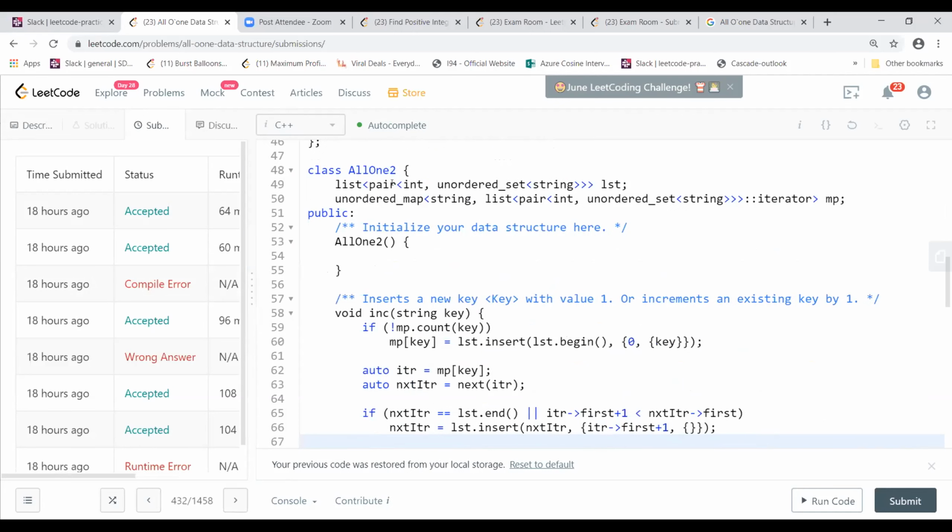Okay, so here I'm using a list. In the list I have an int, which is the count, as I think Uday was talking about. You have buckets, and then you have an ordered set of whatever keys are there in this bucket. I need to maintain this list in a sorted manner, so I can always pick the first one as the min and the last one of this list as the max. So that O(1) for min and max is taken care of.